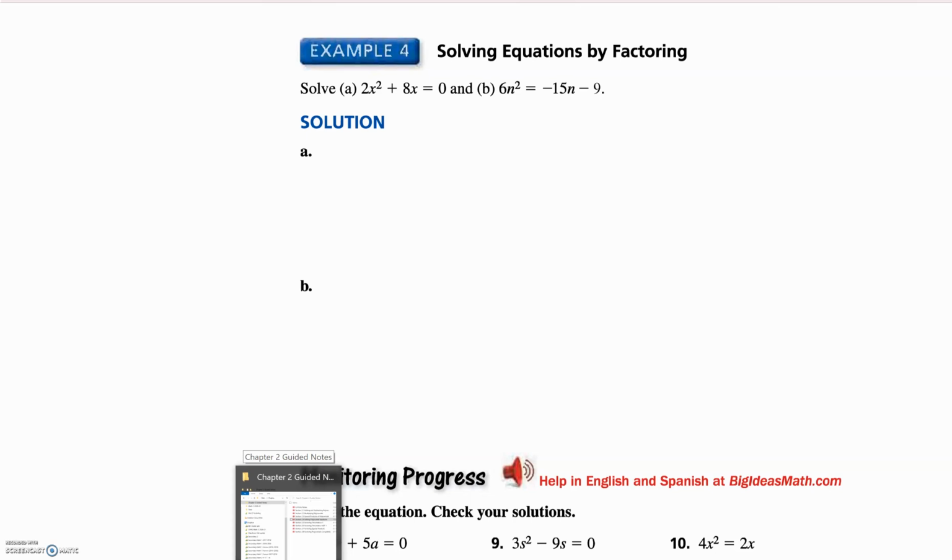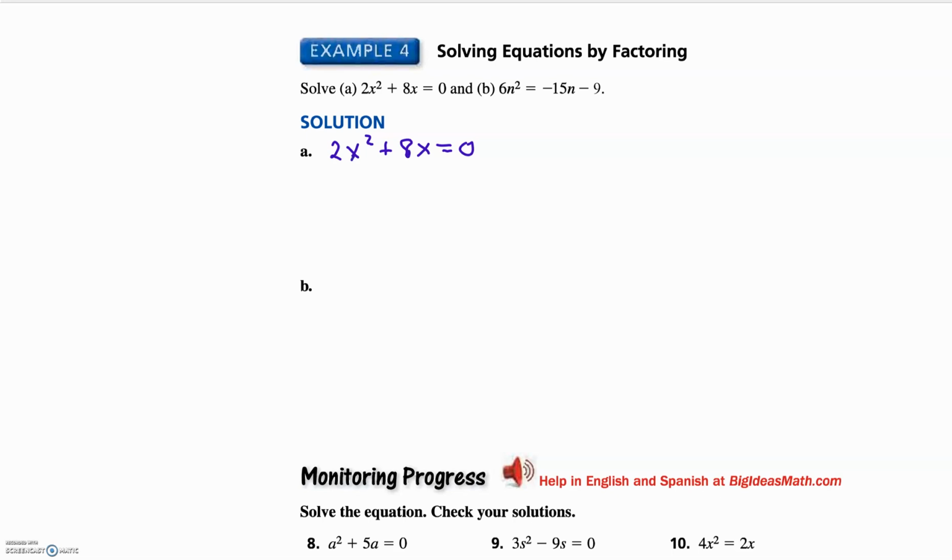All right, on to the last page of our notes. We're going to do 3 examples: 2 that are just solving equations and 1 that's an application problem. So, example for part A. Notice that the polynomial is in standard form on this left-hand side, and on the right-hand side we have it